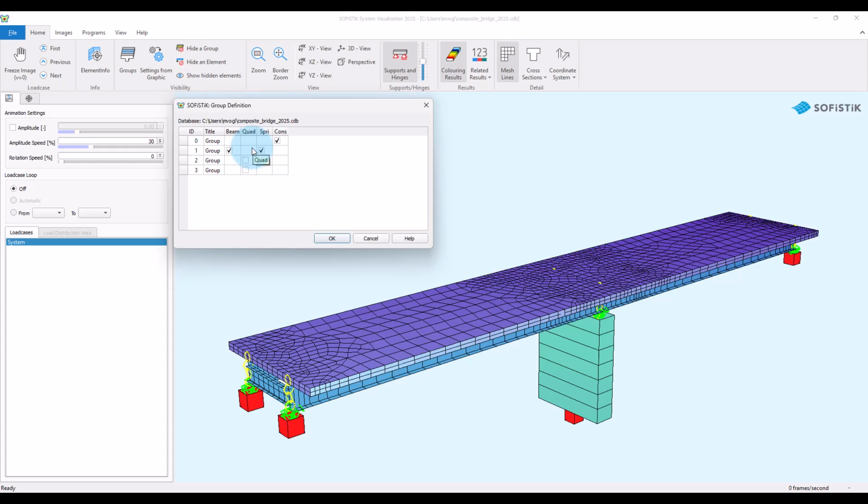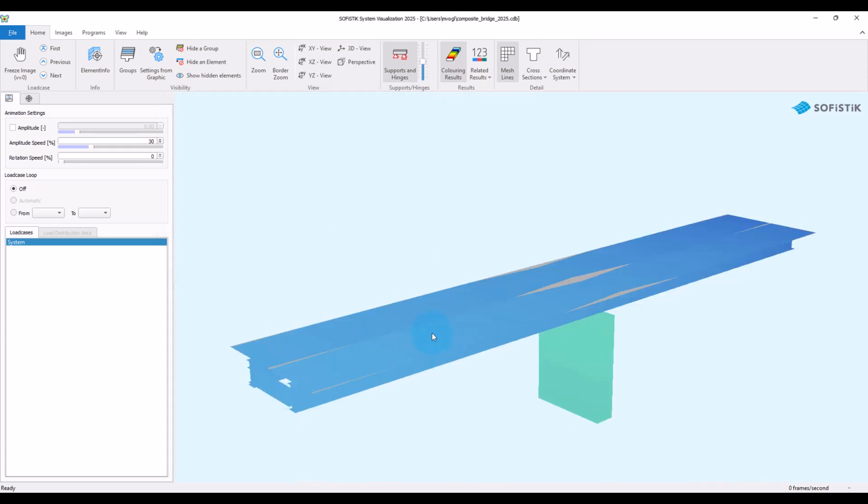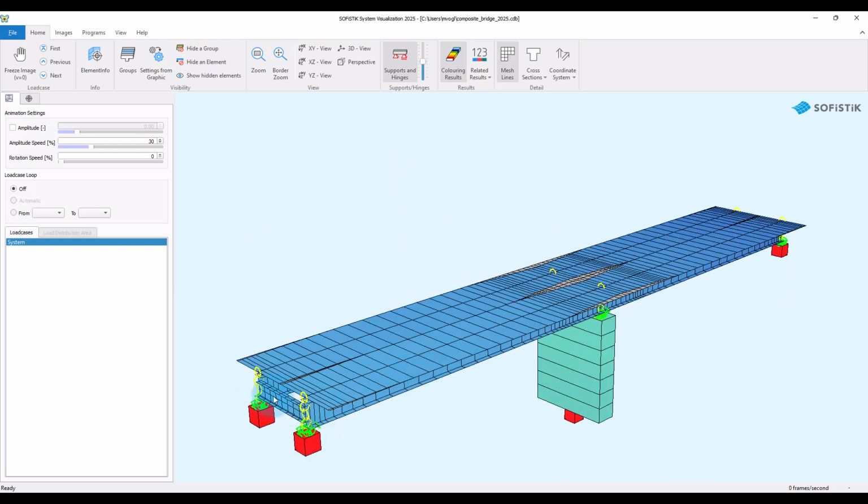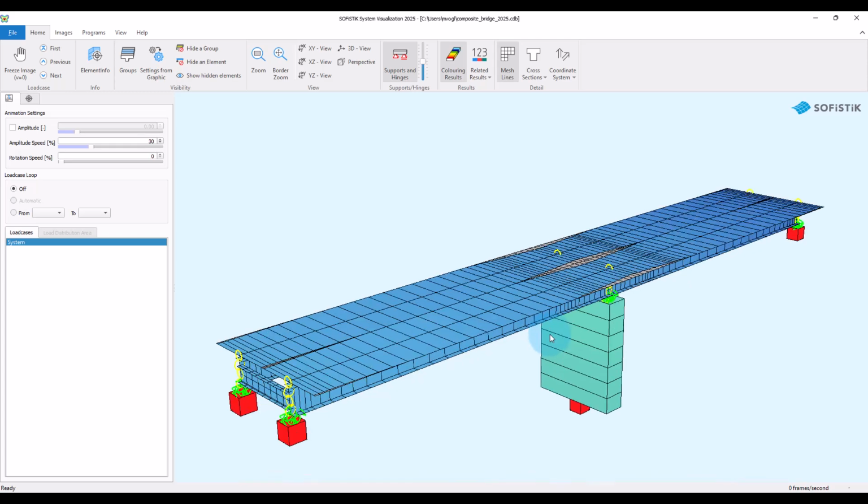In group 1 and 0, we have the beam elements and the bearings and couplings. So basically everything that I would like to activate already in the first construction stage. Please note that the information if these beam elements here have a concrete slab already or not will be guided by the construction stage assignment in the cross section itself, so we do not have to care about this here.